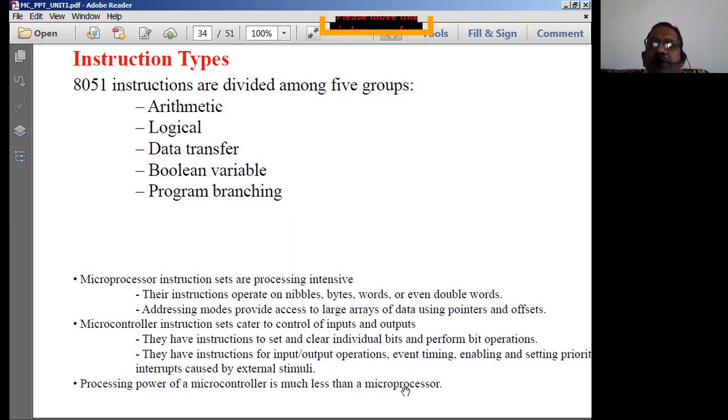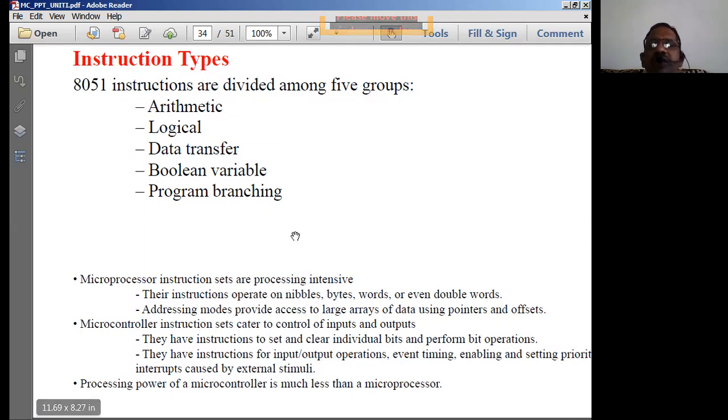Whereas general purpose in a microprocessor means you can connect n number of devices or peripherals to the microprocessor based system, or you can execute any kind of programming instructions using the microprocessor. This is not true in the case of a microcontroller based system. Therefore, a microprocessor system is normally used for very huge, very large systems. Therefore, the processing power is definitely very less in microcontroller based systems than in microprocessor based systems.